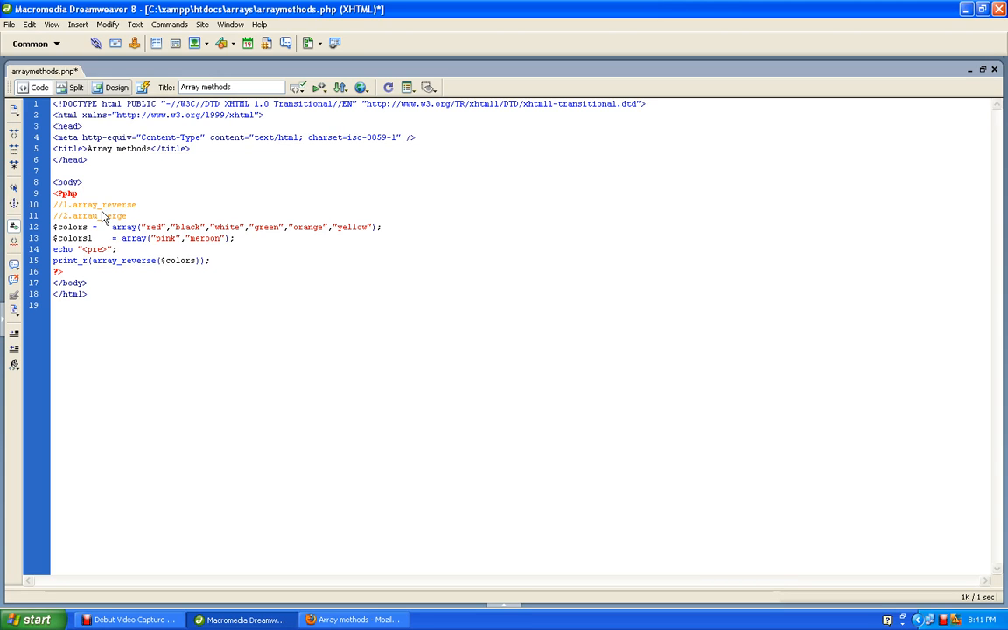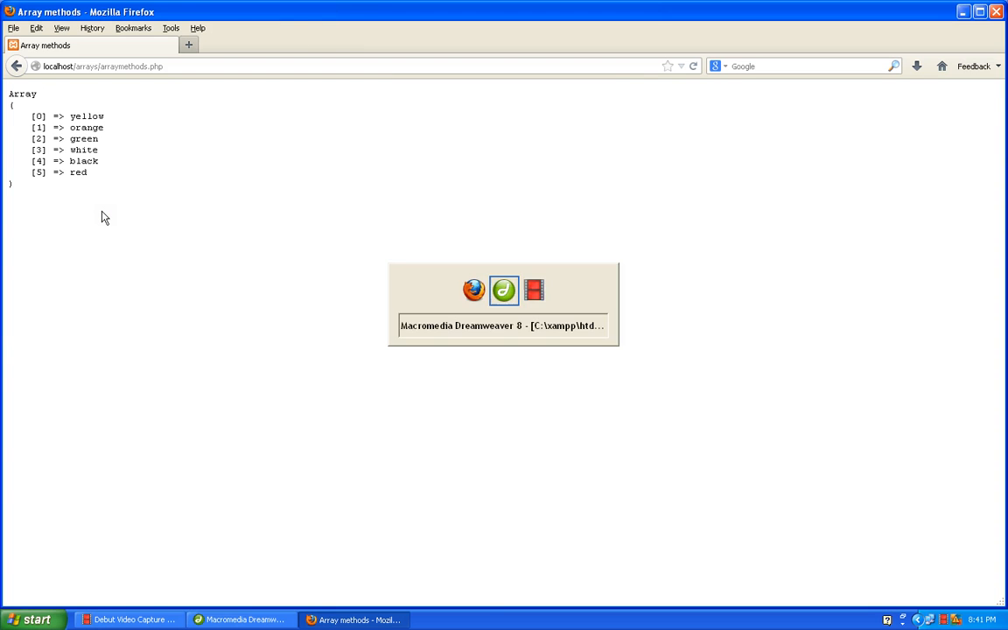Here I have two arrays. The colors array contains red, black, white, green, orange, yellow, and the second array colors1 contains pink and maroon. Now I want to combine these two arrays into a single array. At this time we use array_merge, with colors as the first argument and colors1 as the second. Here I am placing two arrays, so if I print this,